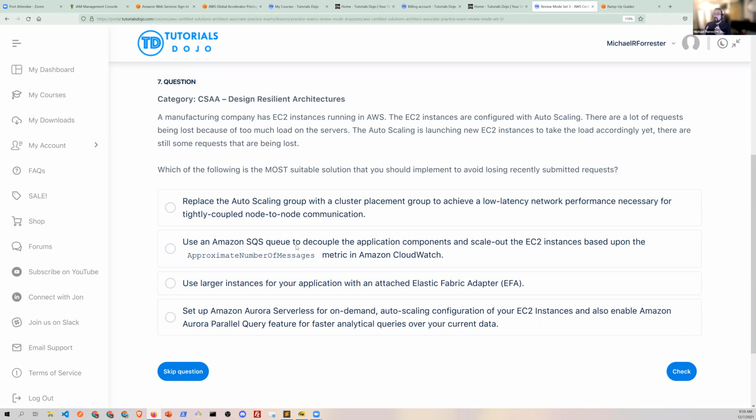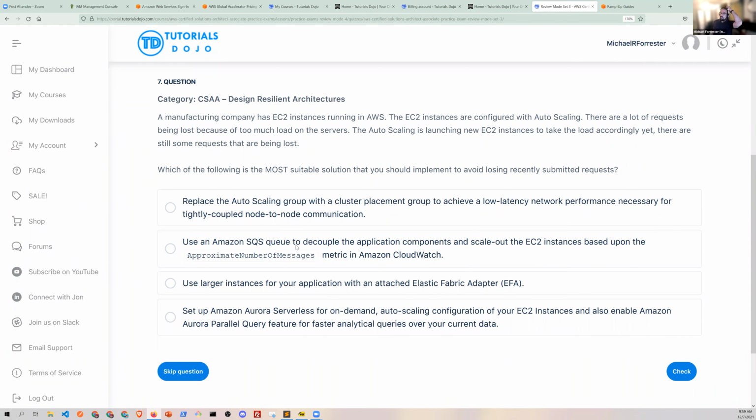We do that with load balancers all the time, but we don't necessarily think of messaging buses and queues as an abstraction layer that can also do that for us. I can dump 1 million messages in SQS, and I'm not saying they're going to get processed fast unless I increase the number of processors on the back end, but I'm not going to lose those orders. And that's the main problem they're seeing.